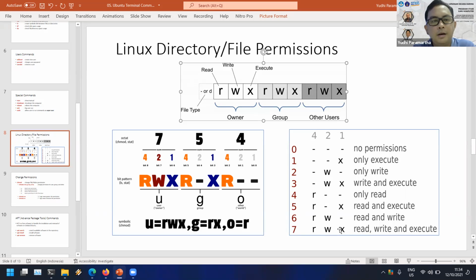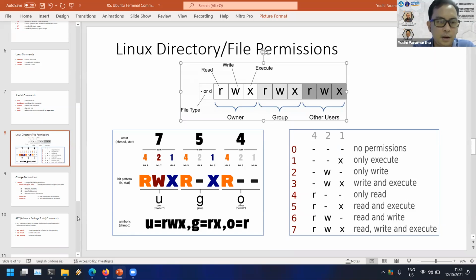For example, if the file is given the permission of 2, for example, the 2 only gives you the permission to write, but not read and not execute, something like that. Okay, and this will be assigned to the owner and the group and the other user. Every user group has their own permission, something like that. Okay, could you get it? Maybe it will be very, very complicated.